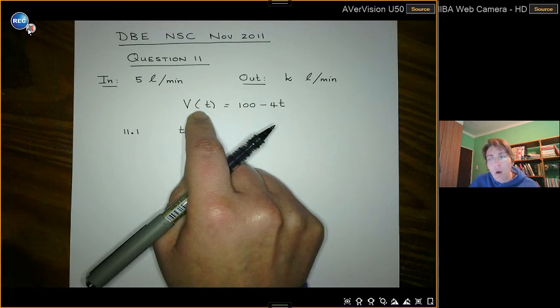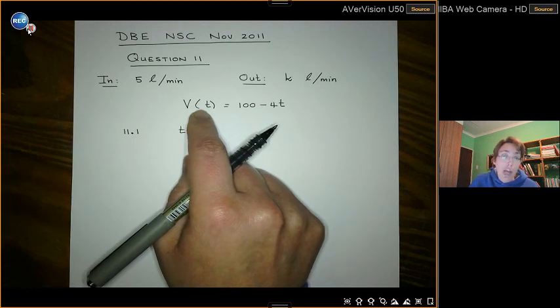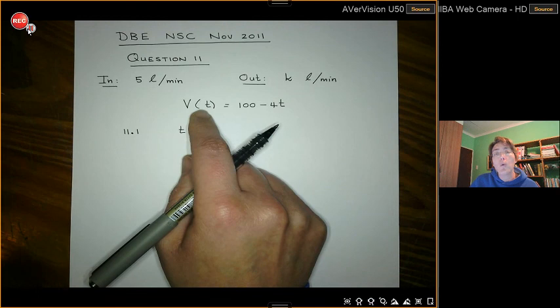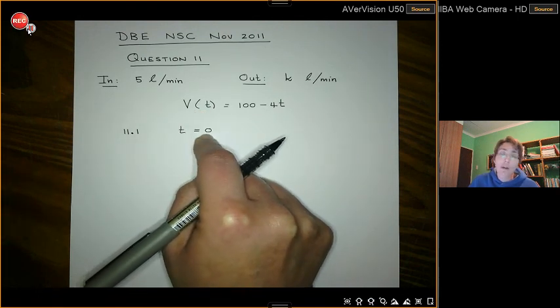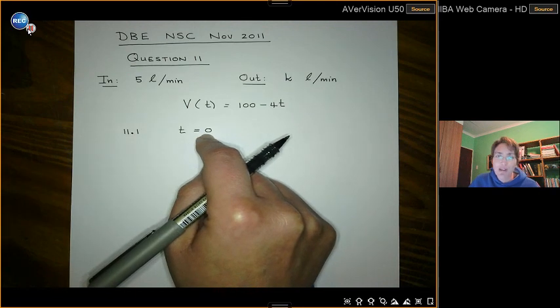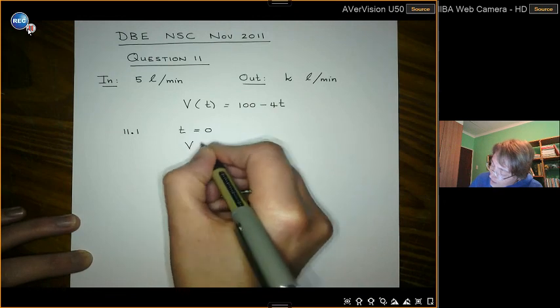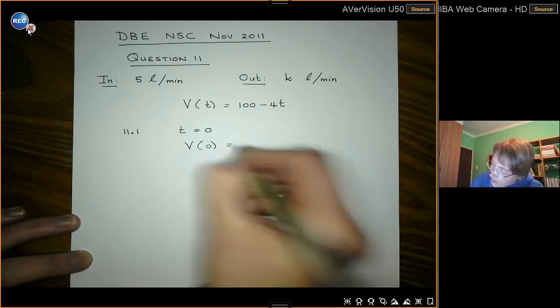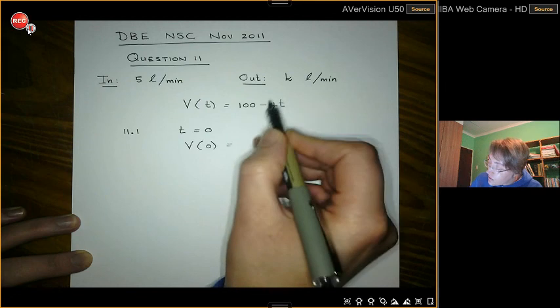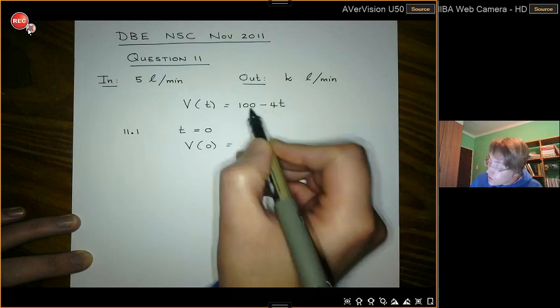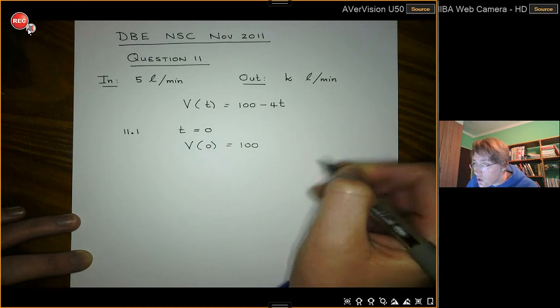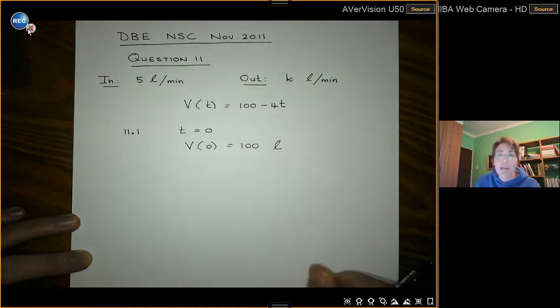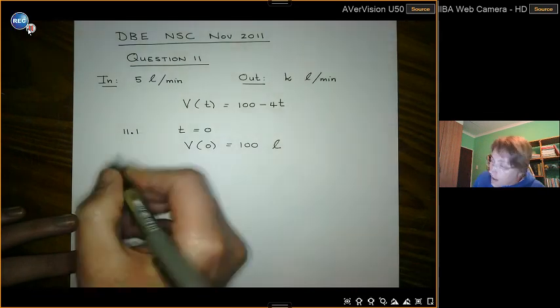I've said this before. Are they asking for initial rate of change? Then you have to sub 0 into your first derivative. Or are they asking for the initial, in this case, volume? And this formula gives you volume. So you have to substitute into the formula without making any changes. The initial volume is where t is 0. That's quite simple, because if I multiply by 0, it's 0, which means I just have 100, measured in liters. So 100 liters is the initial volume in the tank, and that's why it only counted